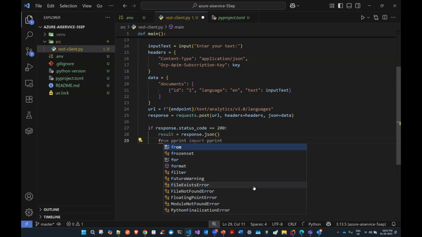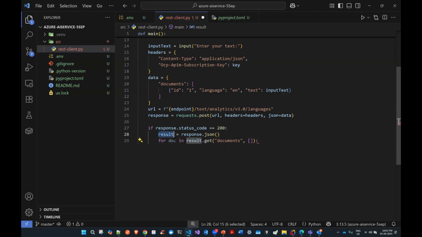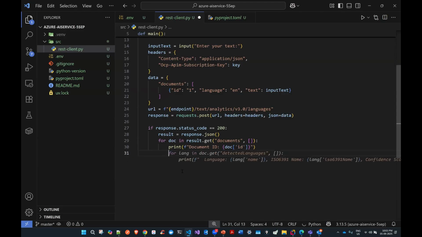I will read it using the for loop. So what are the documents I'm getting? From this result, I'm getting the documents here. So now what is the response I'm getting? I'm going to print here the document ID. So what is the document ID we have? I'm printing that.